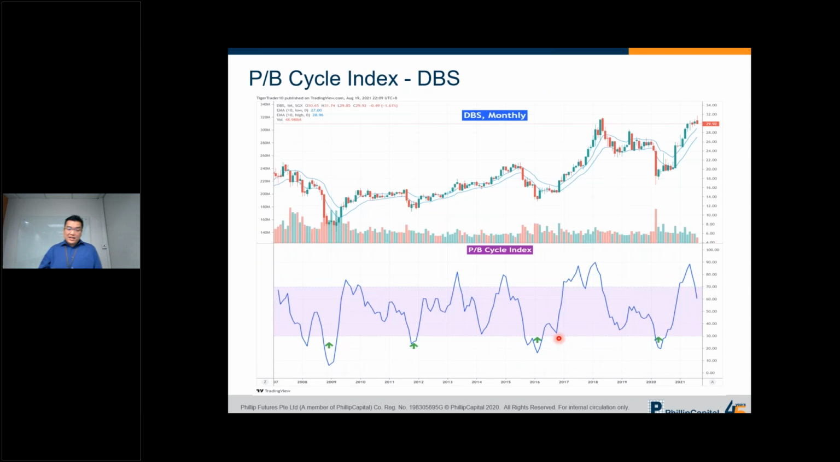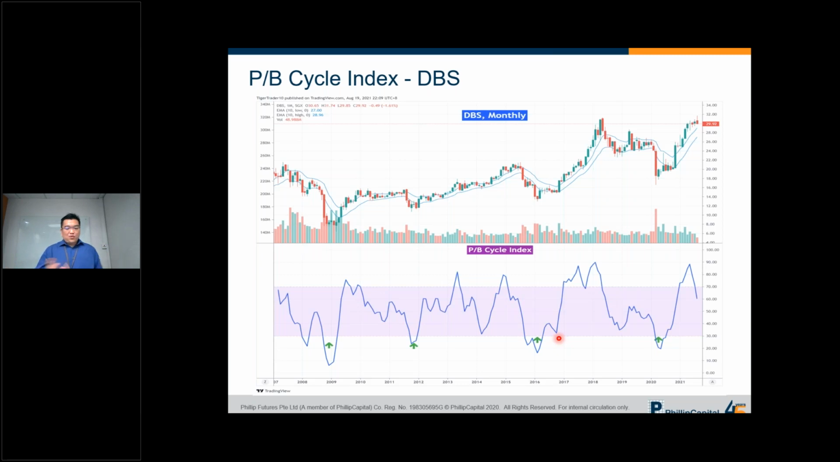So I don't think I have time to cover this part of the price cycle. But basically, this is just an indicator that I've created for my own use, and also I use that to advise my client. Because as you can see, different banks react differently in their price to book. Some of them are in the uptrend, some of them in the downtrend, some of them stable. So basically, using this price cycle index, I'll just be able to